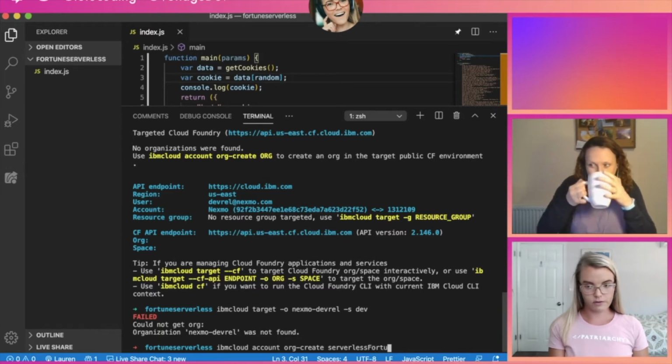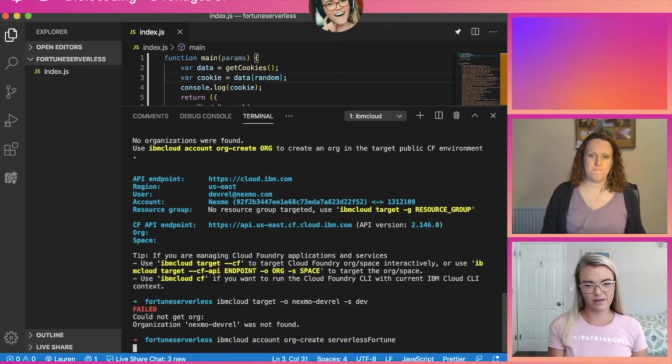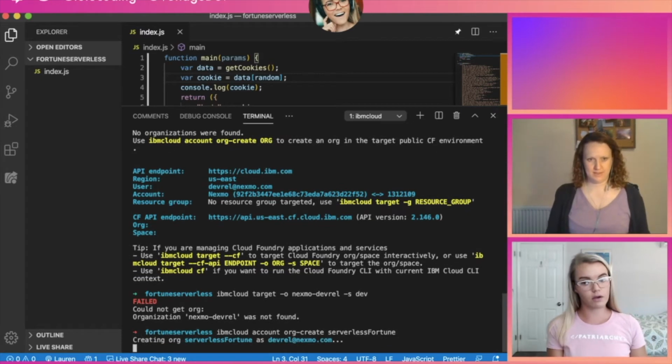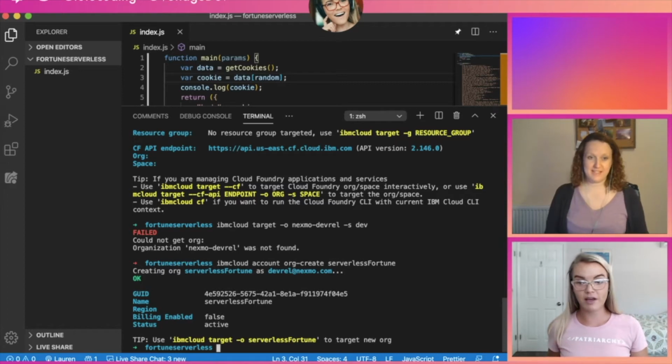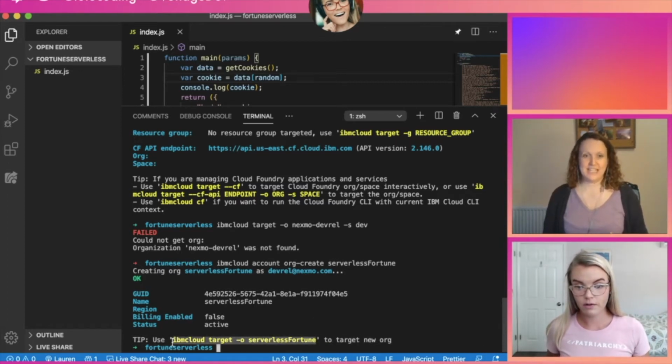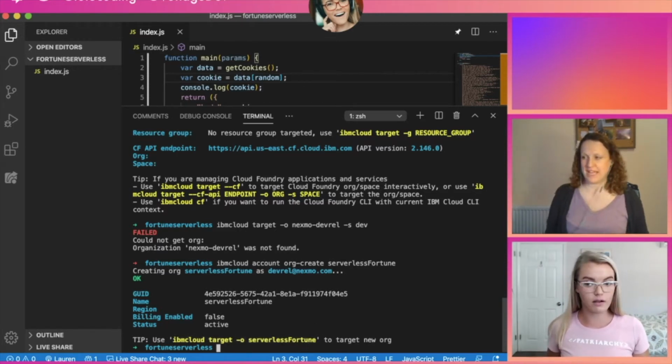Serverless fortune is what we're gonna try, even though that seems like creating an org, and it is. Okay. All right, cool. So now do I use that to target the new org? Yes. Sweet. Hey everyone on the stream, and I don't know if you might need to create a space as